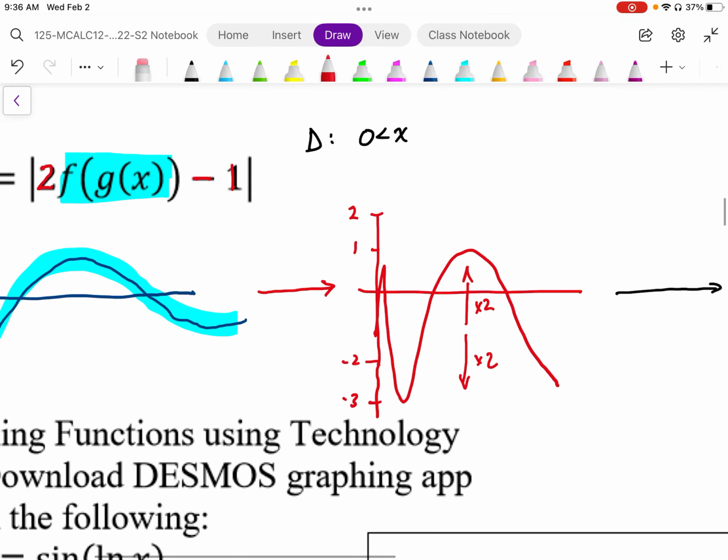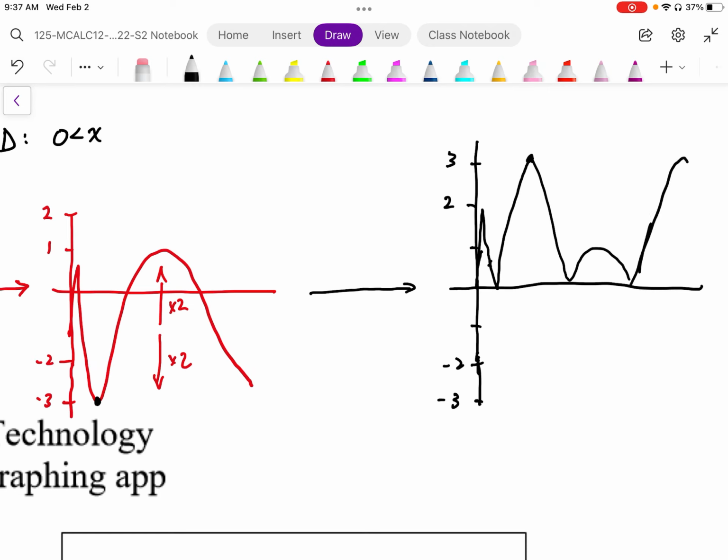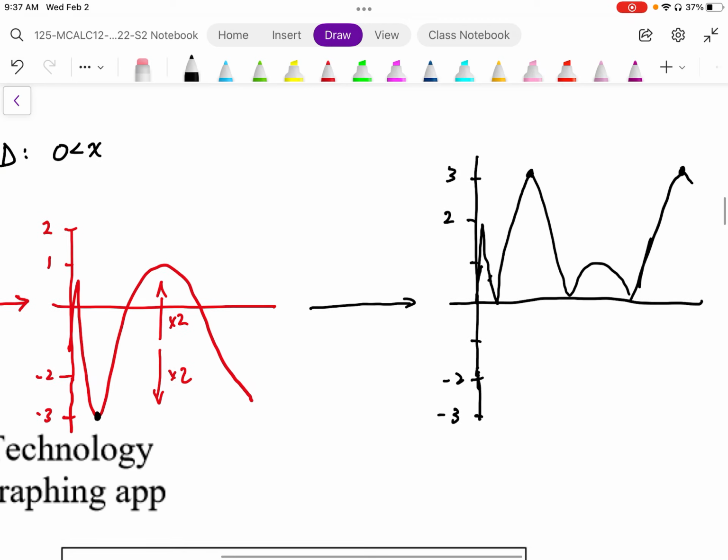And then we apply the absolute value to that. So if we apply an absolute value to that function, what ends up happening is all the parts are going to be above the x-axis. So it's going to kind of go up. The min point down here is going to end up being a max point. It's just going to bounce back up to the max point, and all the zeros, it's just going to hit the zeros, and all our min points are going to be our max points. Okay, so then our range becomes, based on that graph,